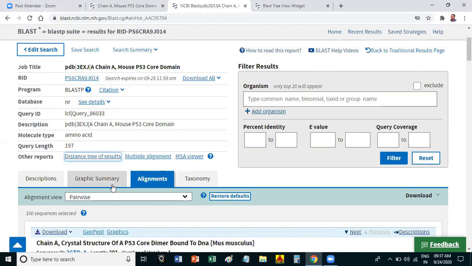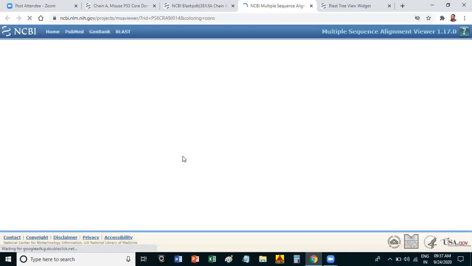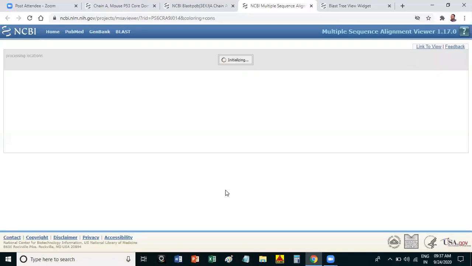One more thing is your MSA viewer. See what is there in MSA viewer. That is multiple sequence alignment, but it may take some time.